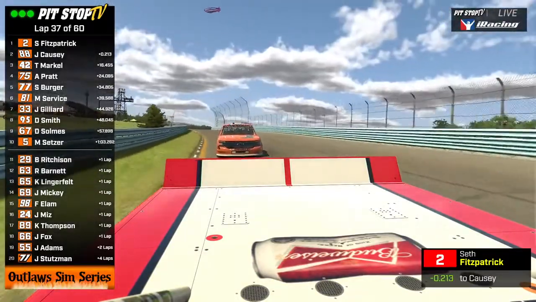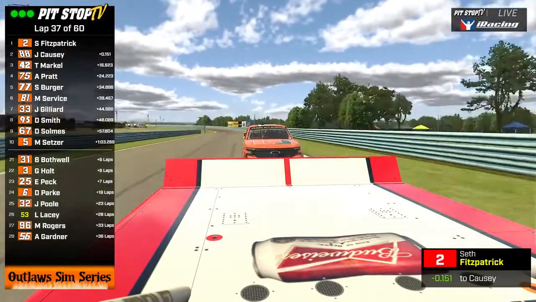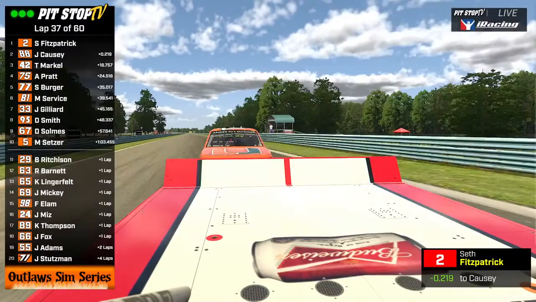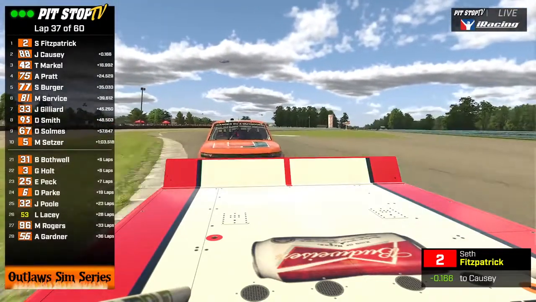Yeah, they make their way up the S's. Causey right on the back of him. He's going to have a great breaking point when they get here to the bus stop. Causey right on the back of that Tube truck. He's probably going to try and dive it in. We'll see what happens. I think Causey wanted to make this race a little interesting for us as he goes